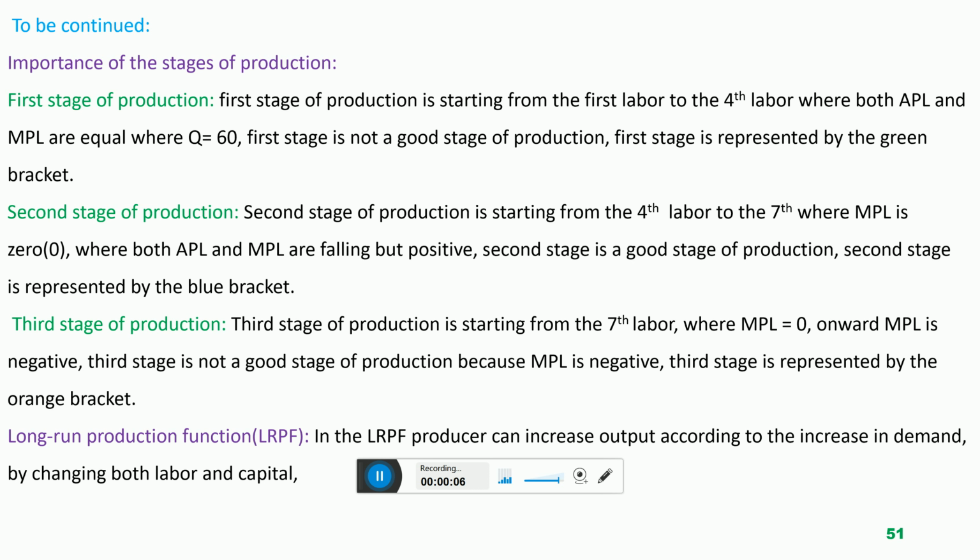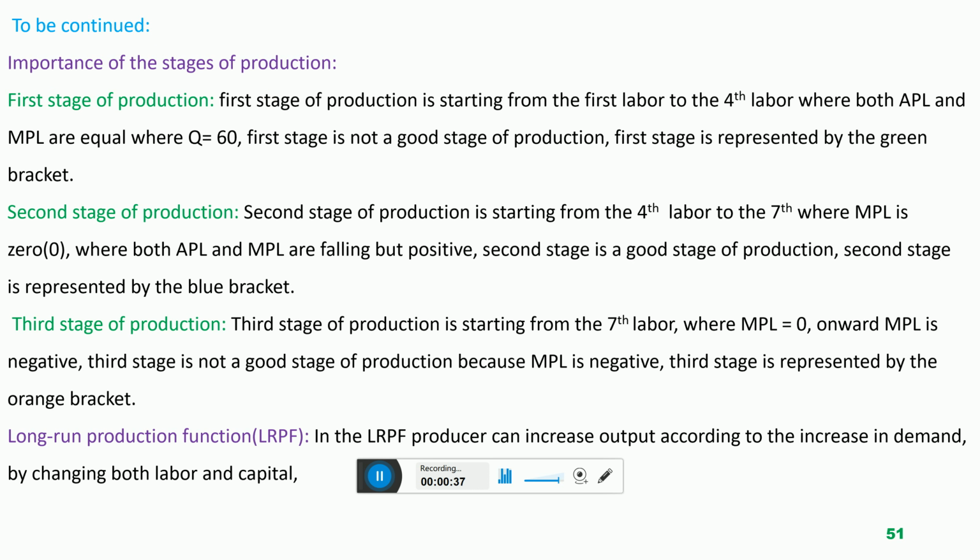In the previous lecture we were discussing short-run production function and law of variable proportion. Today we will discuss the importance of the stages of production. In this section we will learn which particular stage is good for the company to produce in. So first stage of production